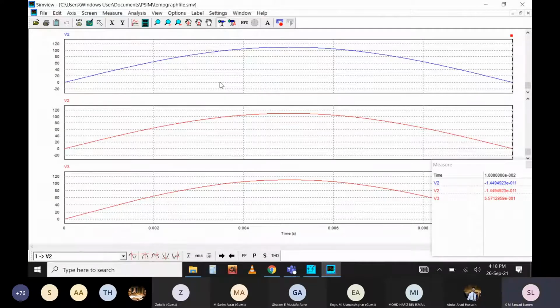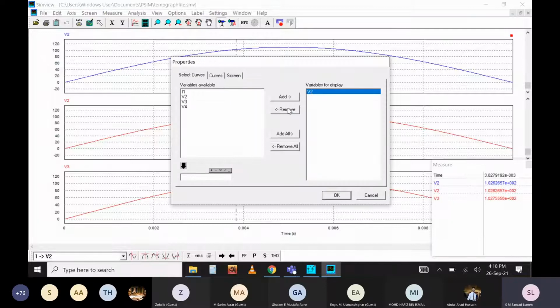If you want to do some mathematical operation on these signals, like, for example, add these two signals, V2 plus V3, how would it look? This is the area where you can do this calculation.